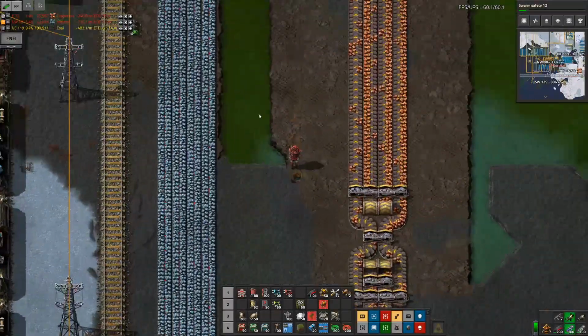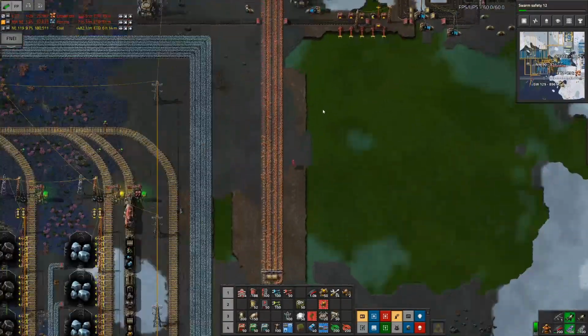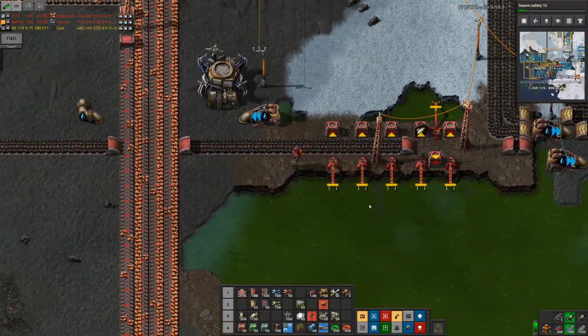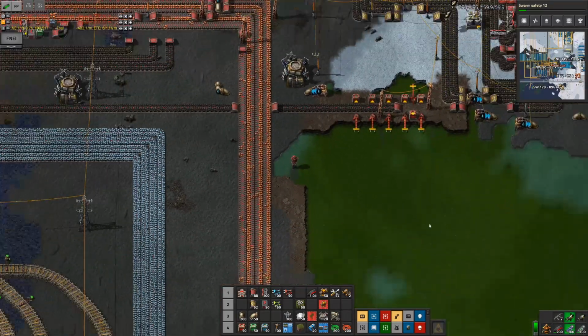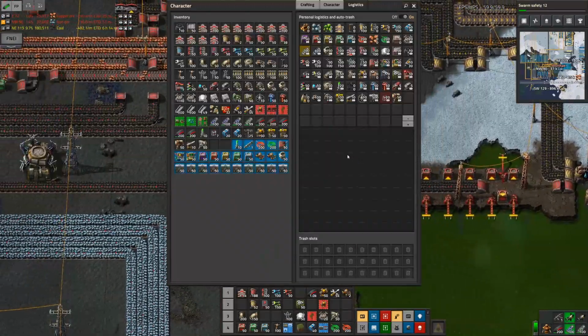There you can see how the water is like all green. That's because it's polluted. Oh, here's another fun thing I did. This is my fishing system. If fish come by here, and yes, even in this super polluted water there are fish. You can see them. Then this will grab them and put them in the box, and we need that because